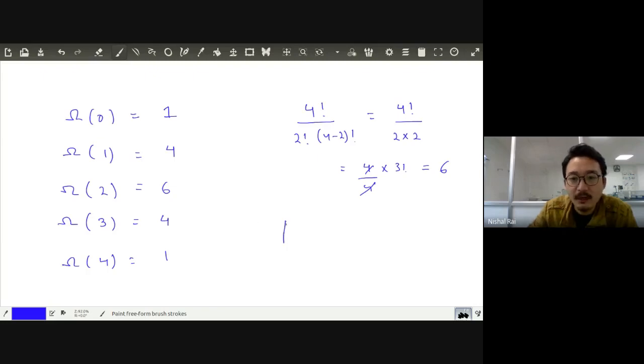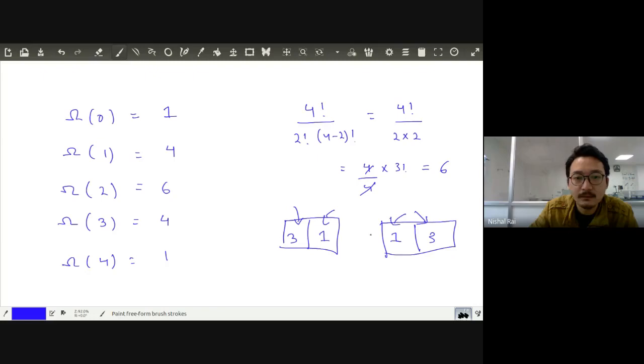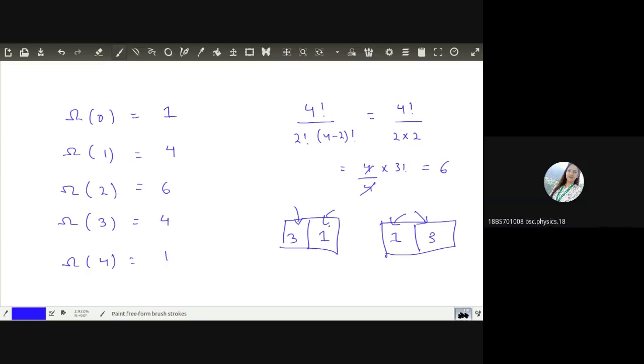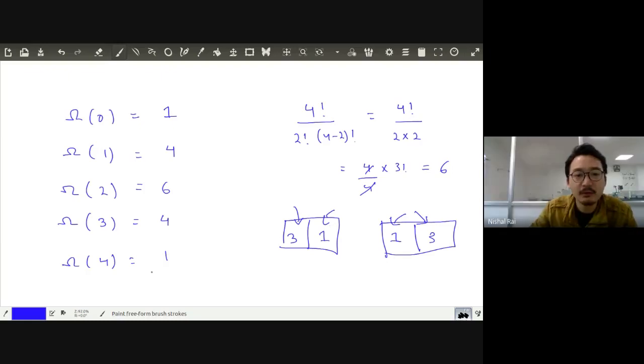I'll tell you why. Because having 3 particles over here, since both compartments are of equal size, has the same distribution as having 1 particle over here and 3 particles over here. Clear? Is this point clear? Yes, sir. So when you add up the total number of microstates, how many microstates will there be?